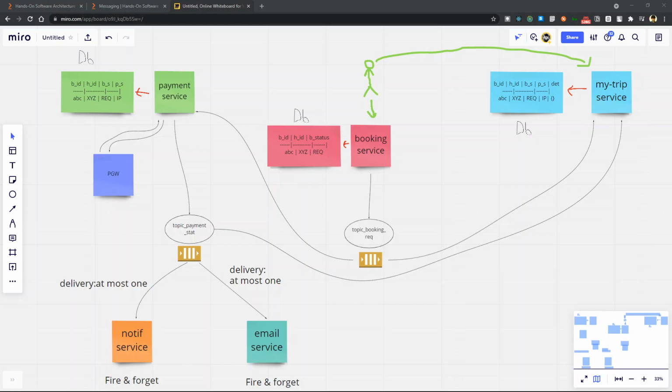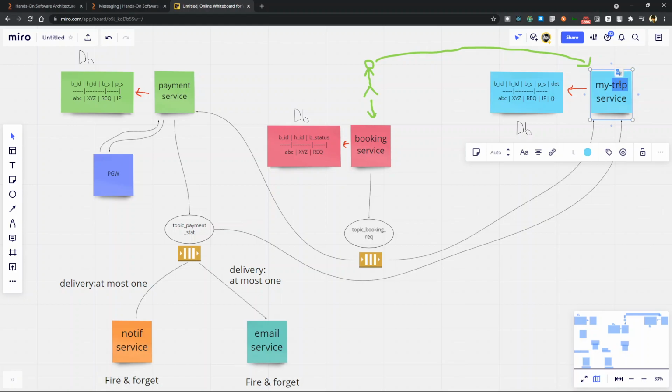So this sketch is kind of how booking.com system design will look like in terms of event-driven architecture. We have three key system features in booking.com. For example, as a user, I can book a hotel or accommodation. As a user, I can view all my trips, or it shouldn't be called trip service. It can be my booking service. So as a user, I can see all of my bookings that I have booked in booking.com